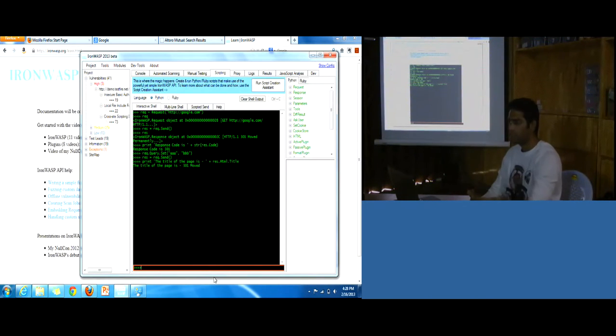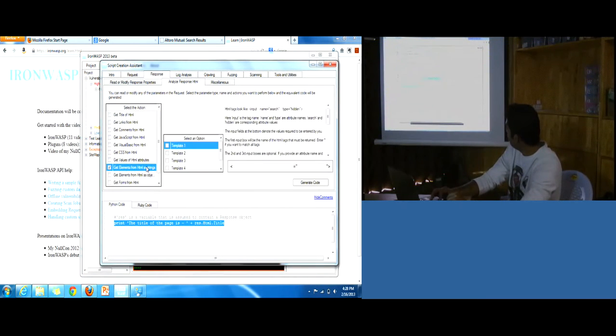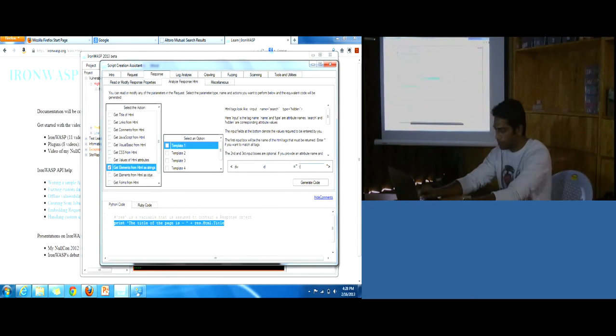Okay, the title is just 301 moved. If you want to extract the value from some elements, you can do that as well. You can enter the tag name from which you want to extract data. So say you want to get it from a div tag. You can enter the attribute name, let's say ID, and you can enter the attribute value, which let's say is token.